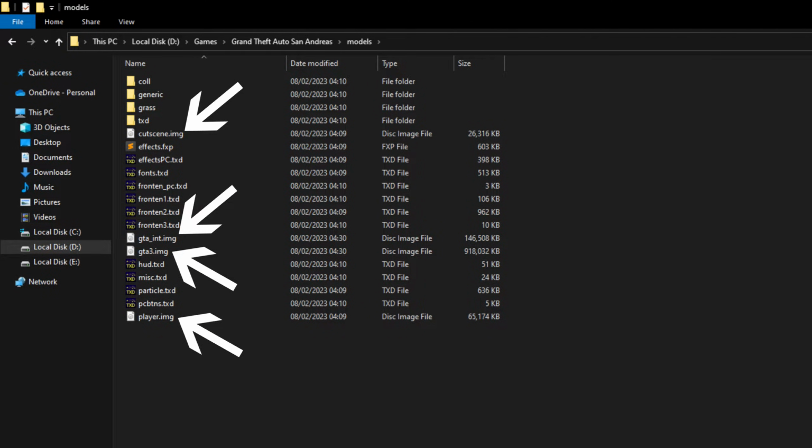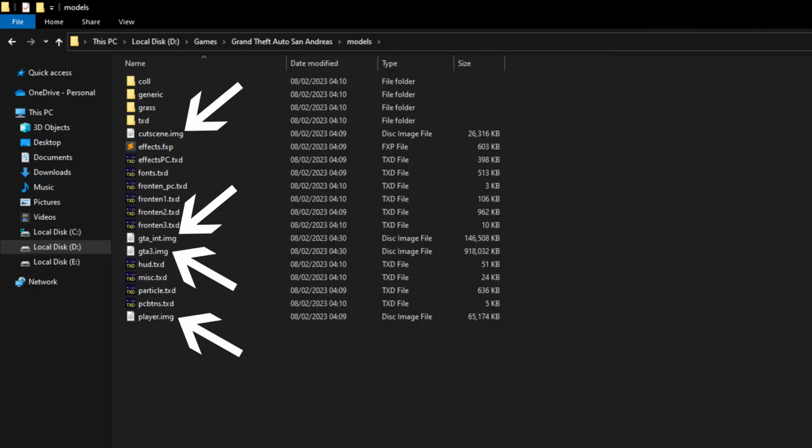These are IMG archives, and most of the game's assets are stored in IMG archives. They require a tool to open them, such as IMG Factory. IMG archives can contain almost any of the game's file types, including textures, models, collisions, and so on. Files are stored in IMG archives for optimization reasons, essentially improving the speed in which assets could be moved from the disk the game came on. Optimization like this wouldn't really be required in a game like San Andreas on modern hardware, but this was necessary on 2004 hardware when the game released.